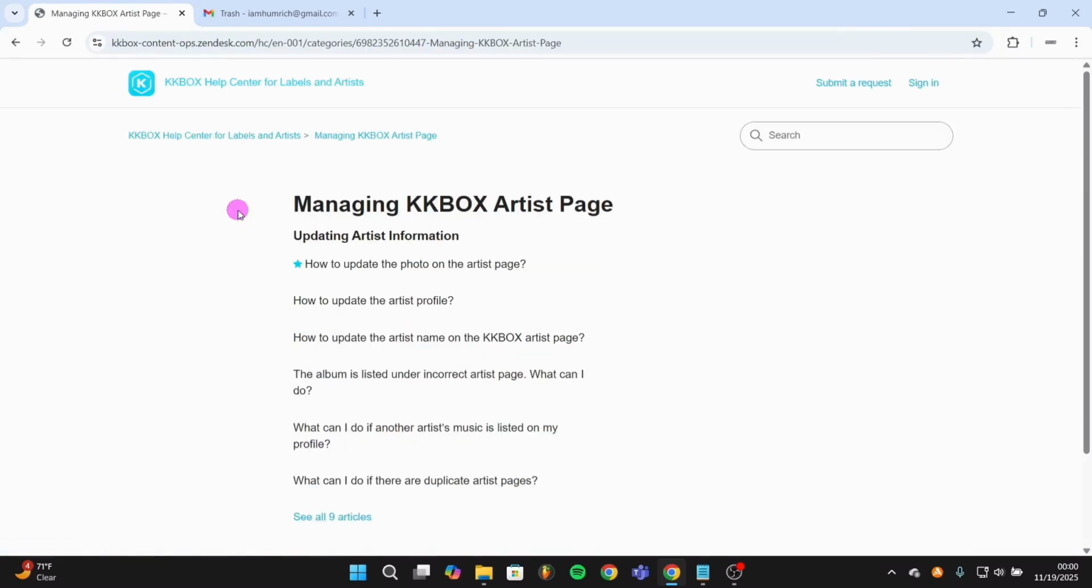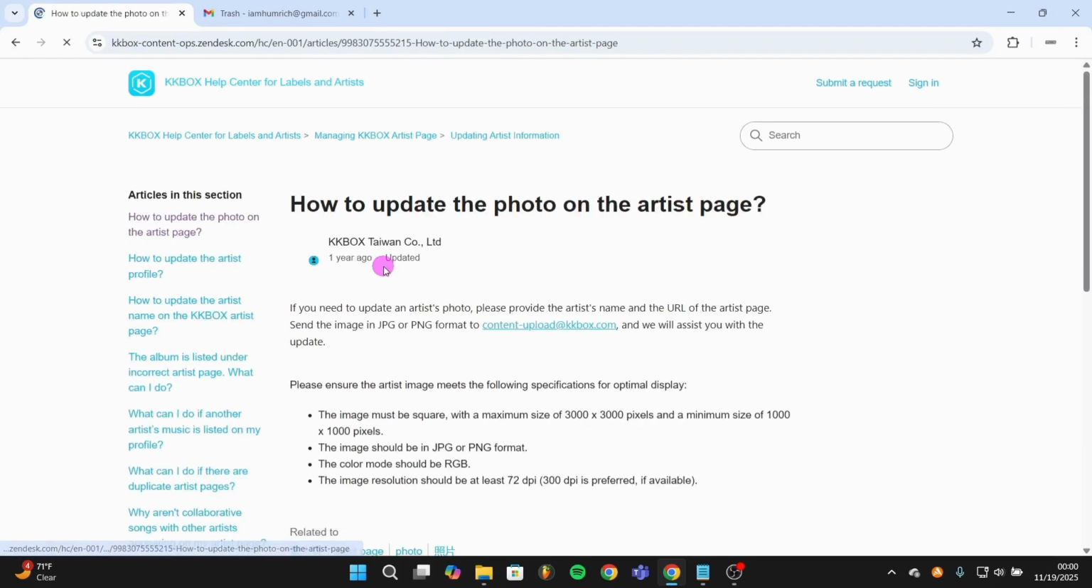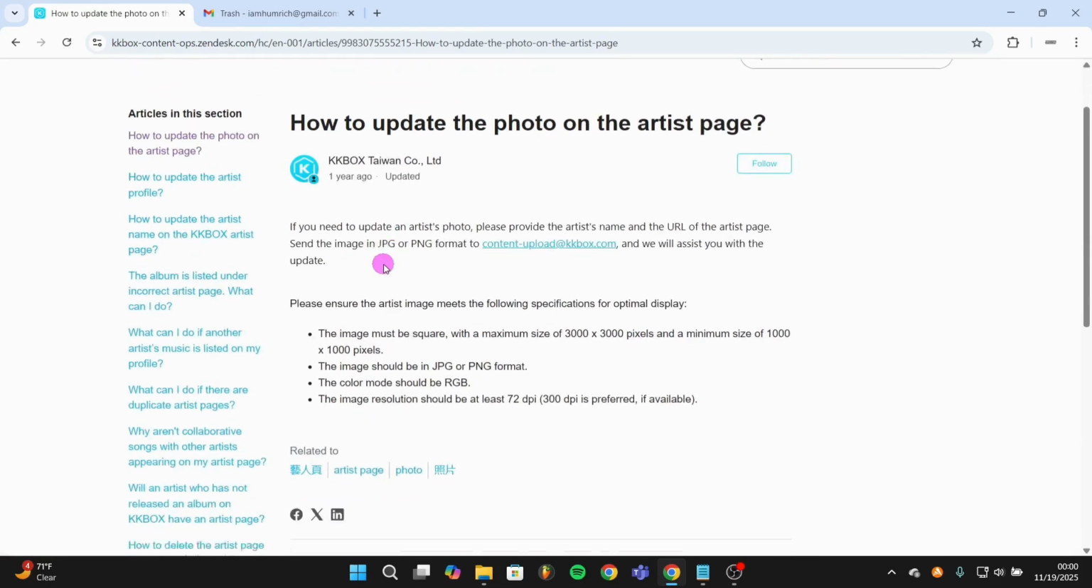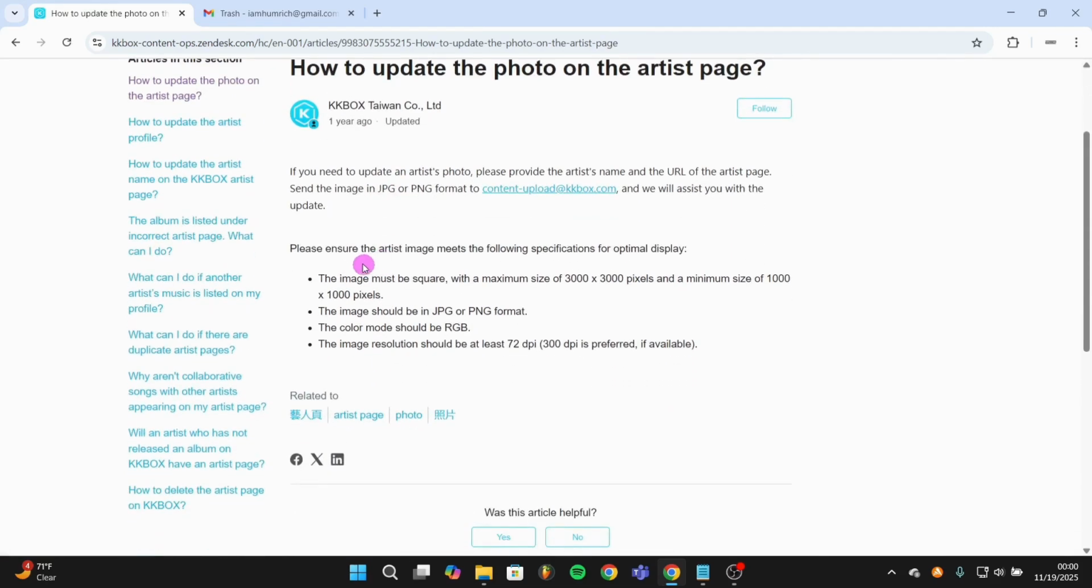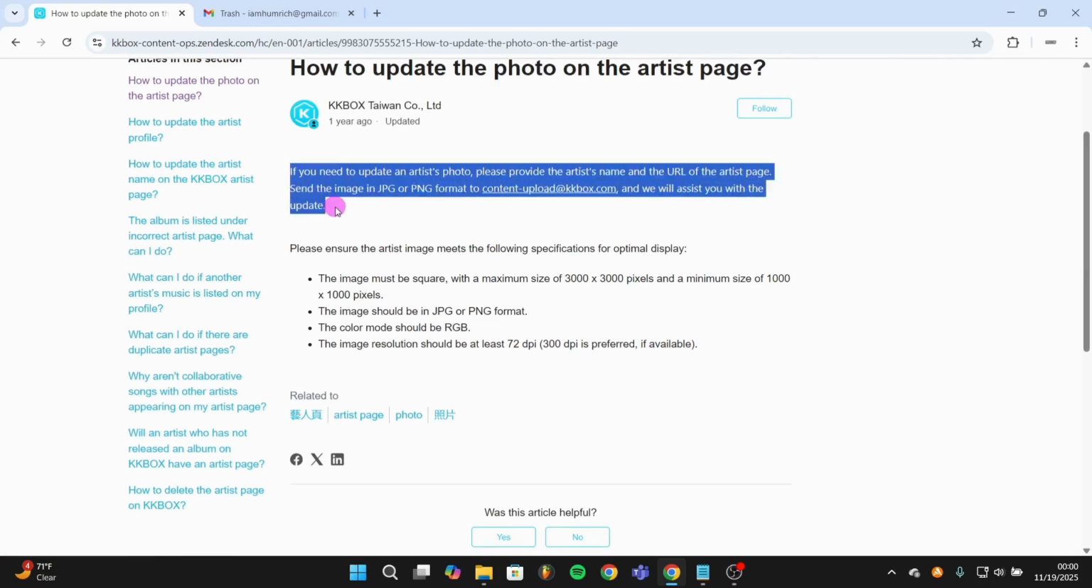Once on the page, KKBOX lists different things you can update on an artist profile. For this tutorial, the focus is on updating the profile picture and the artist biography. To check the profile picture requirements, I clicked on How to Update the Photo on the artist page. KKBOX explains that to update an artist photo, you need to send the artist name and the artist page URL along with the image file to